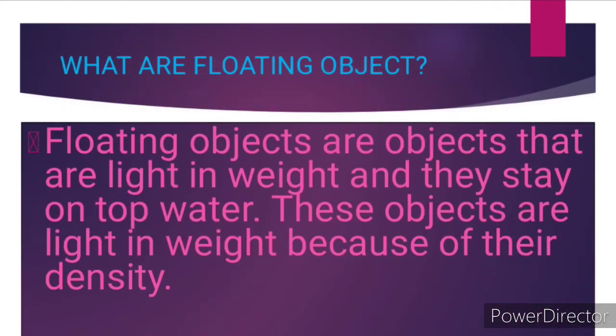First of all, what are floating objects? Floating objects are objects that are light in weight and they stay on top of water. So when you have water and you put floating objects in water, they stay on top. Do you know why? Because they are light in weight. These objects are light in weight because of their